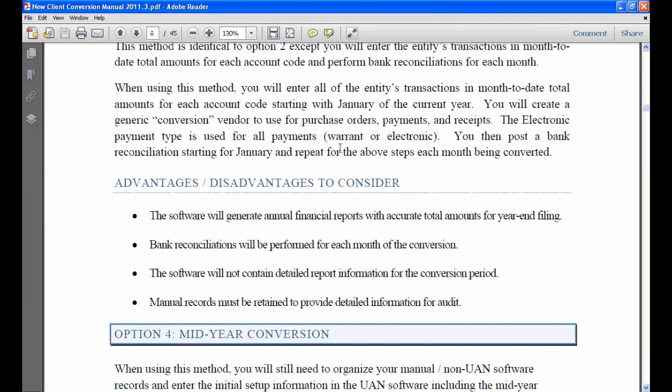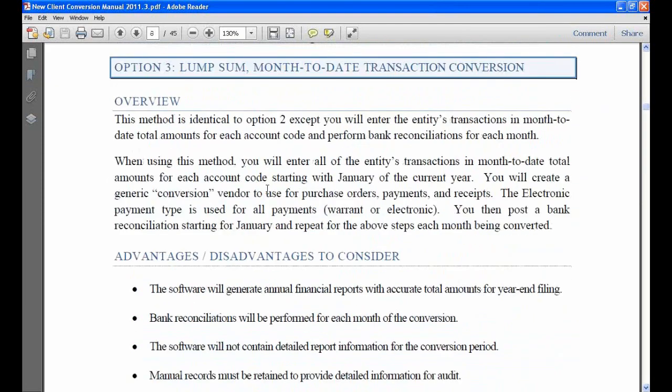The lump sum method is really identical, except that you enter lump sums by month. And without getting into detail, by entering the lump sums by month, you're able to do bank reconciliations for the conversion period, month by month. So if you enter in the wrong information for these lump sum amounts, you fat finger typed in the wrong amount, it's easier to find that